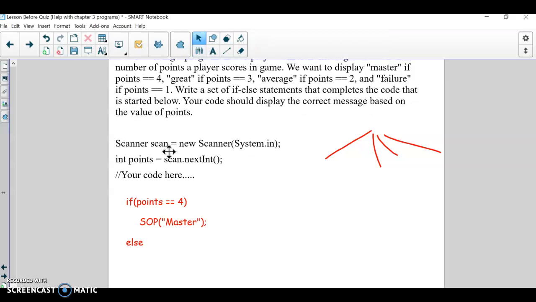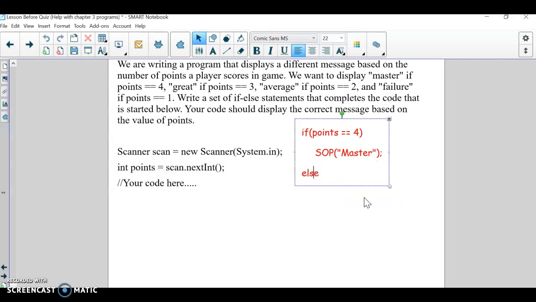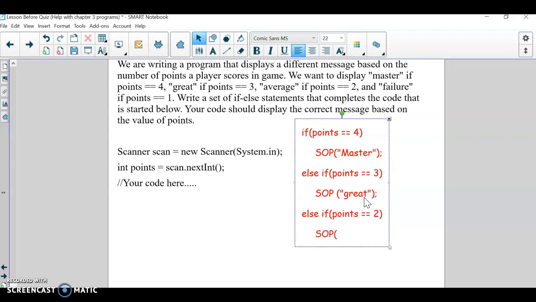Right, so I'm going to have to do a big else if here. I'm not sure I'm going to be able to get this to fit. So maybe we'll put it over here. So I'm going to do if and then else if points equals 3. System out print great. Okay, else if points equals 2. System out print average. And then, so how you do the end of this could be debated. So assuming that they can only answer 1, 2, 3, or 4, we could just do an else at this point of failure,